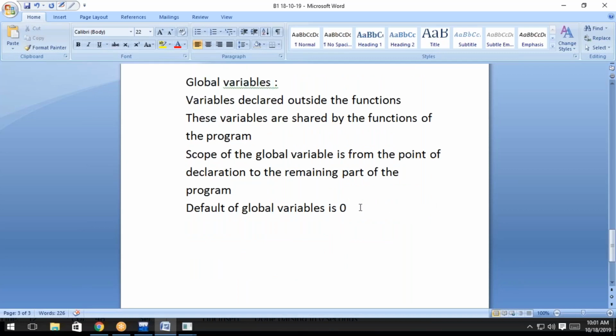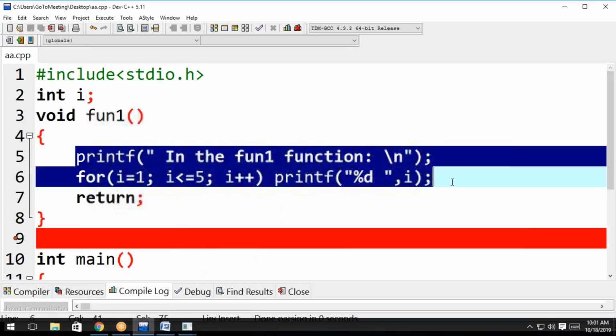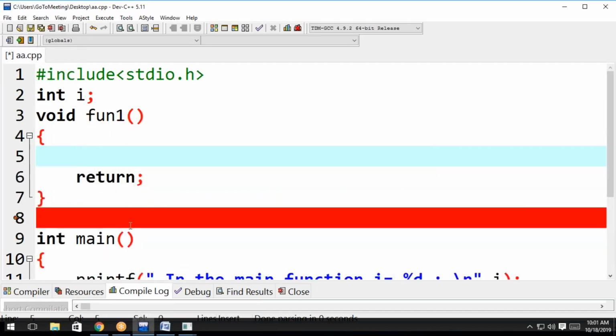Variables called static variables. Static variables. Okay? Let us see what is a static variable. So how to declare the static variables we will see. Okay. So let me erase this off so that